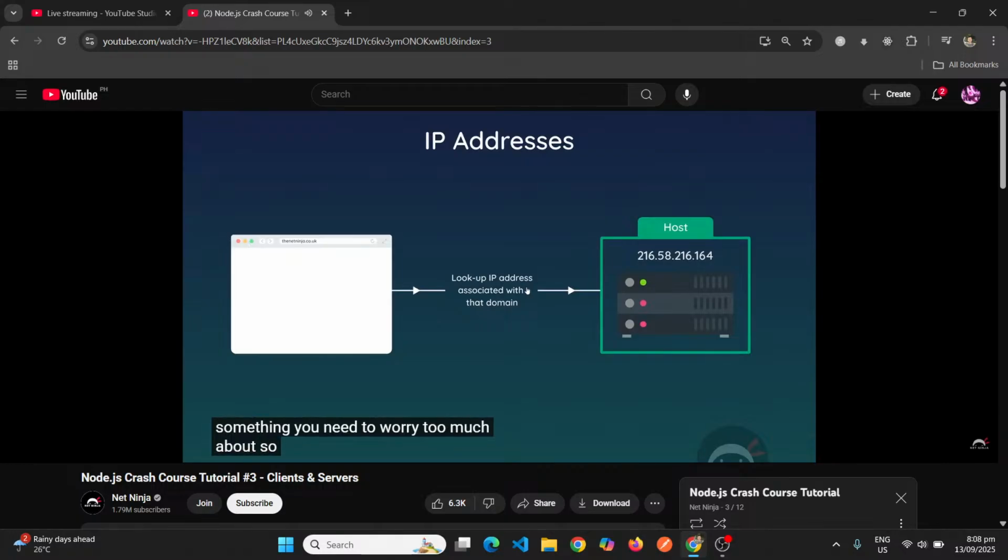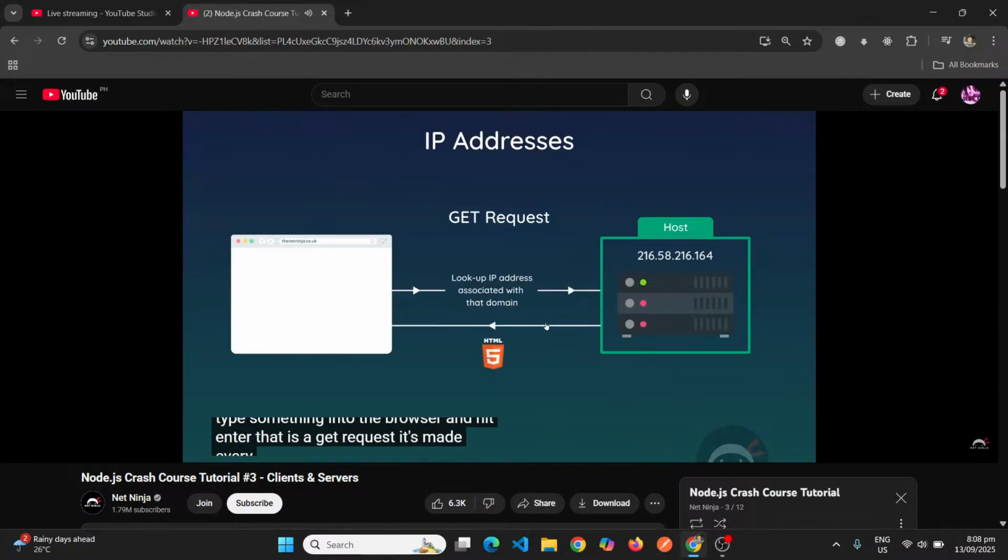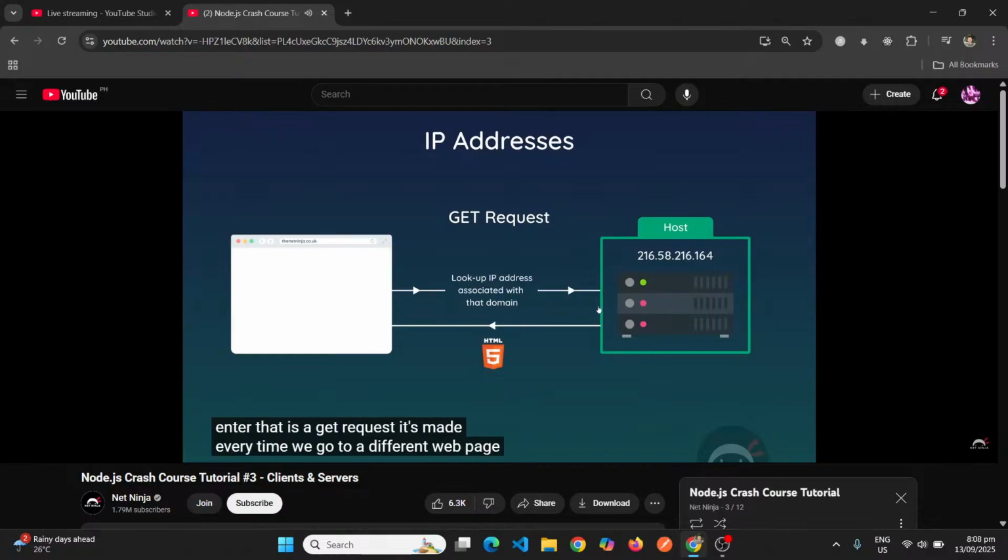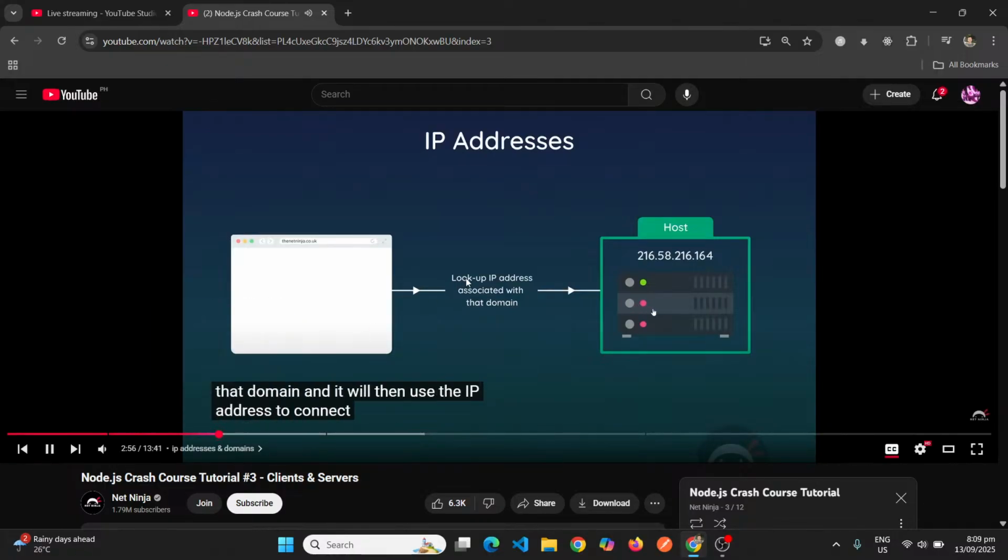So this type of request, when we type something into the browser and hit enter, that is a GET request. It's made every time we go to a different web page, either by a link or directly typing into the address bar. We're sending a GET request to the server to get a certain resource, in this case, an HTML web page. Now, there's also other types of requests, like a POST request, which is normally used to send data to a server from a web form or something, but we'll learn more